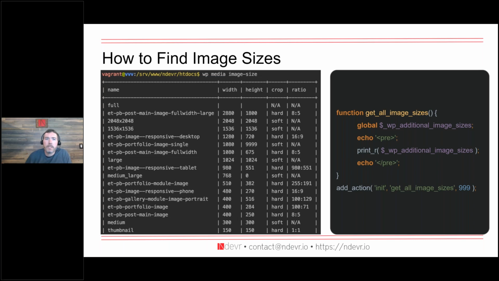So how do you find those image sizes? Pretty easy. If you have WP-CLI access, either locally or on your dev servers, you just run wp media image-size, and from that you get an output like this. Some caveats or notes around this: this is actually our site, and we actually